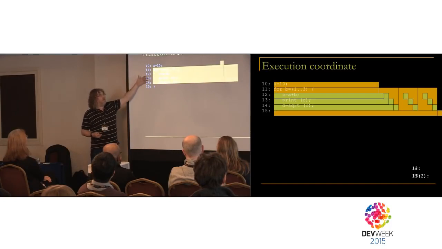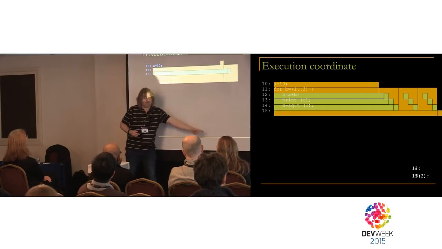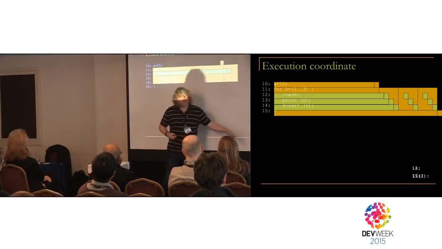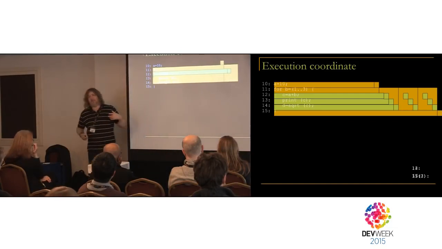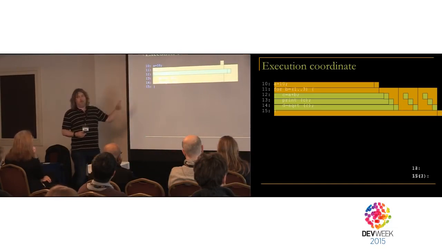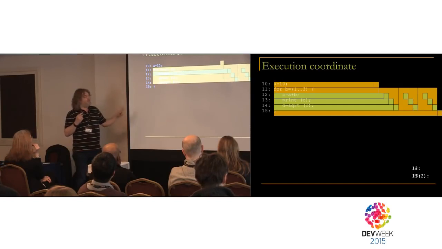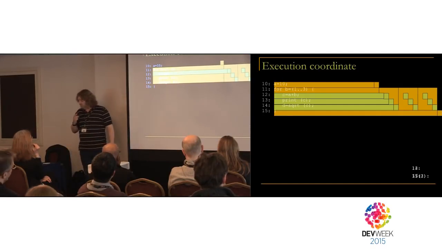So this is where we've entered the loop. Then we start drilling into the loop, and we can see we've created a stack to represent this, and we've kept a tally of how many times through the loop we are. Our debuggers don't do that generally. I wish they did. Because when you put all of those three things together, then you get a complete sense of where you are and how you got there. Okay? This is an execution coordinate.